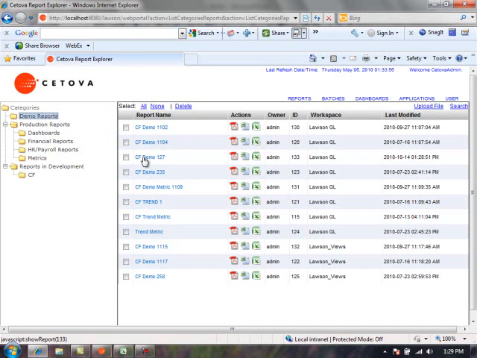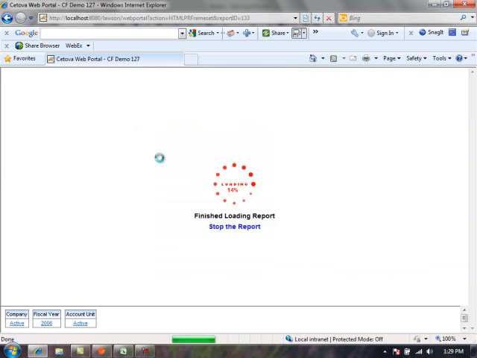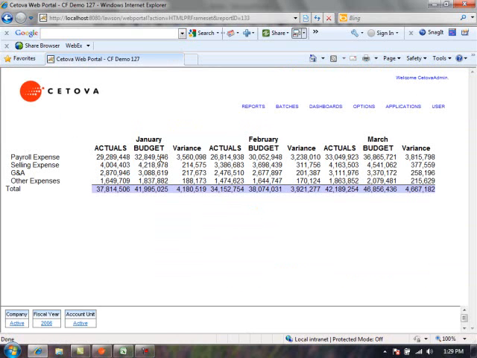I could click on the link here to run it in HTML. I could click on the PDF icon. I could run it in Excel 2003 or 2007. I'm going to click on the link to just run it in HTML mode. And there it is. Let me go ahead and run a report that I spent a little more time and